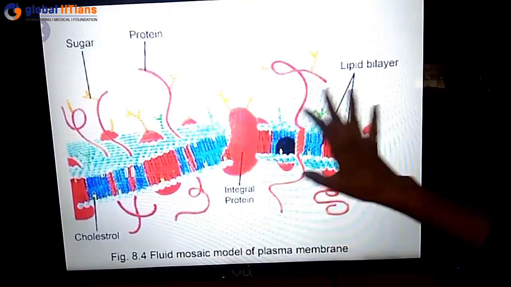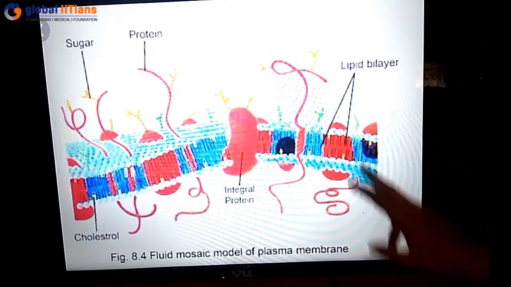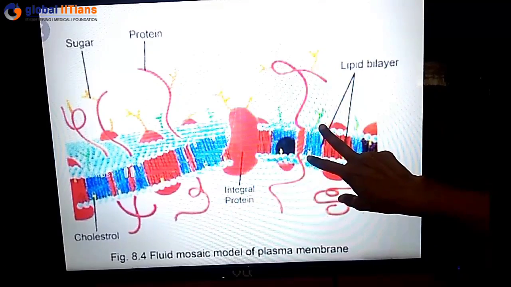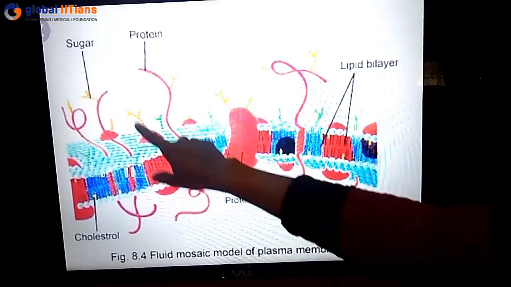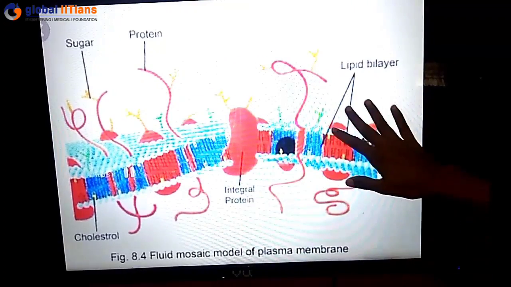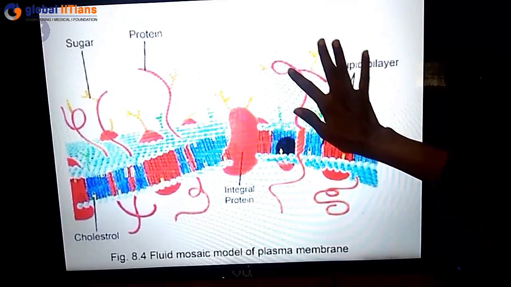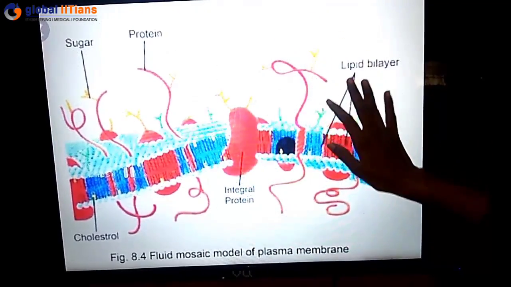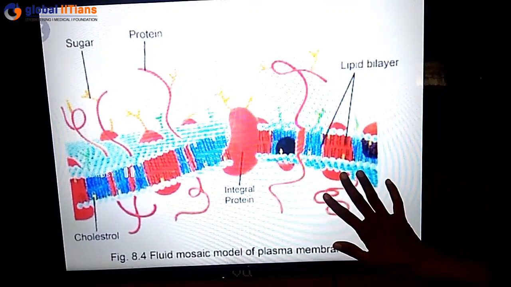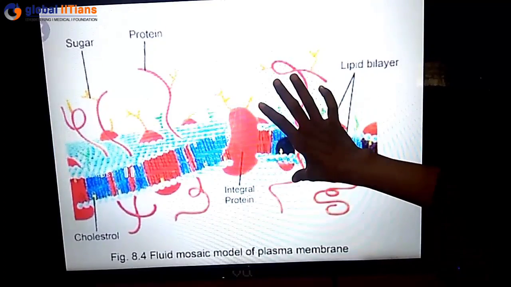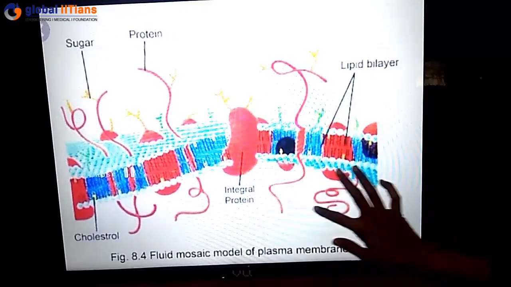phospholipids, cholesterol, and proteins. So to talk about the first thing, the phospholipids, you can divide phospholipids into two important parts: the head and the two tails. Now in that you will find the head is a phosphate molecule that is attracted to the water-loving side, that is the hydrophilic side. The other two tails are made up of fatty acids. You know that oil and water will not mix, right? So they are water haters. So they are on the inner side of the cell.